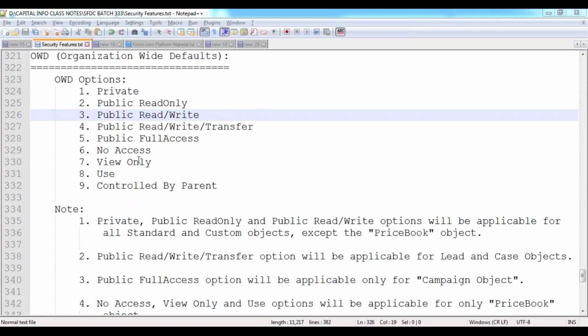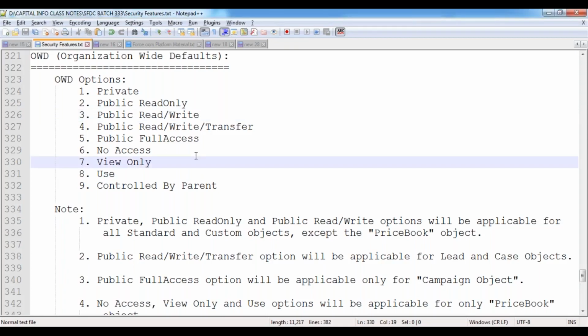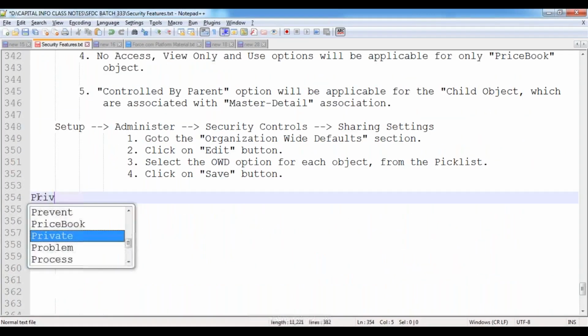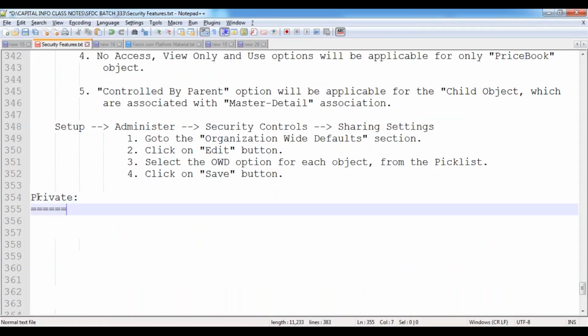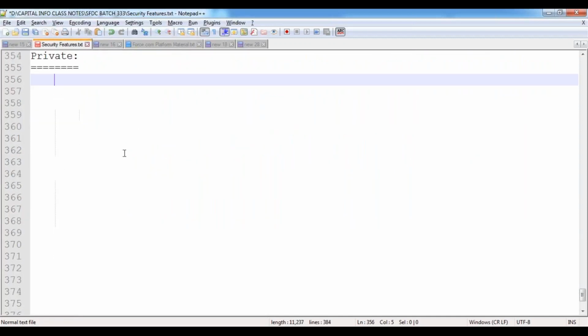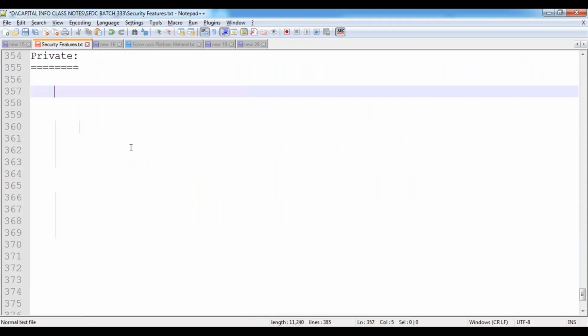So now let's see the first option, private. What exactly is private here? Let me explain. For example, I have an object here, Account.